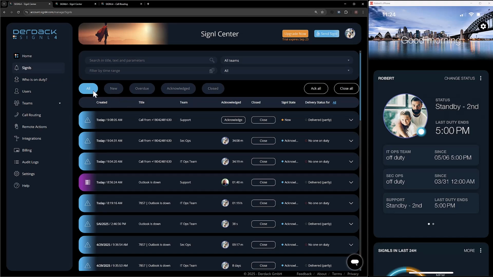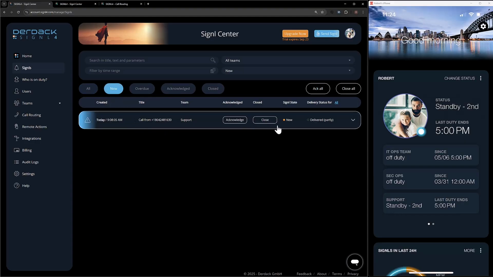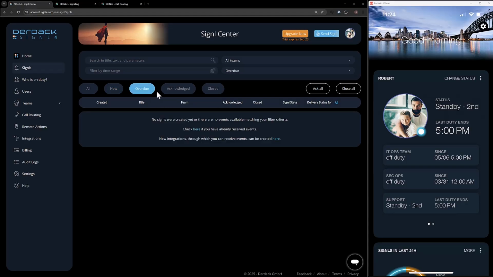This is automatic filters showing all of the alerts that meet this criteria. It starts with All, which is going to show all of our alerts. Next up, we have New, and this is any alert with the signal state of new, so it hasn't been acknowledged or closed, but it has been sent out to your users. Next up, we have Overdue, and this is for any alert that has breached your signal response time for